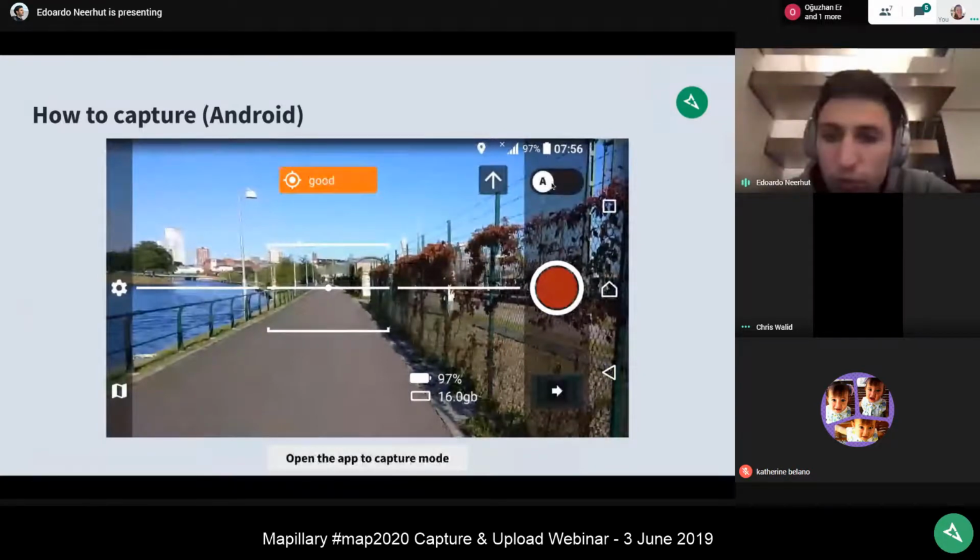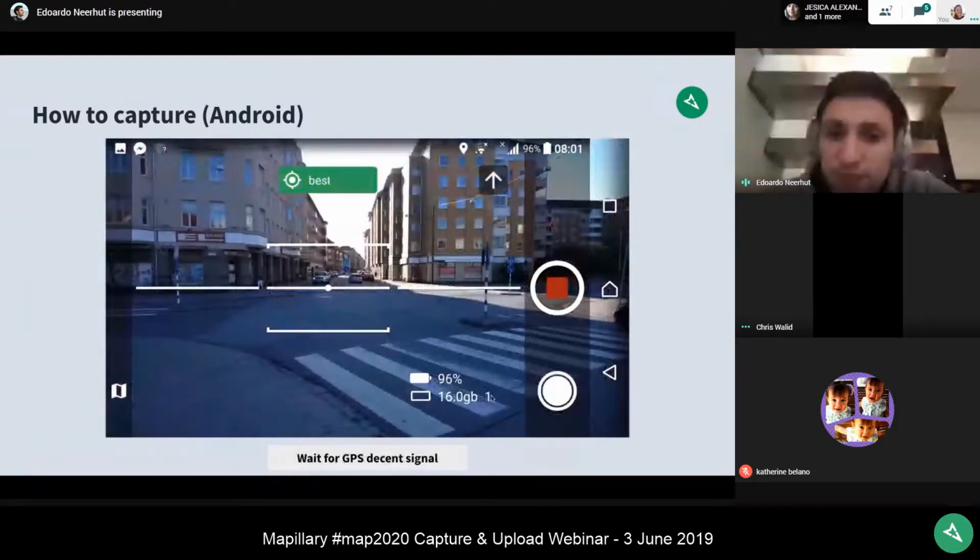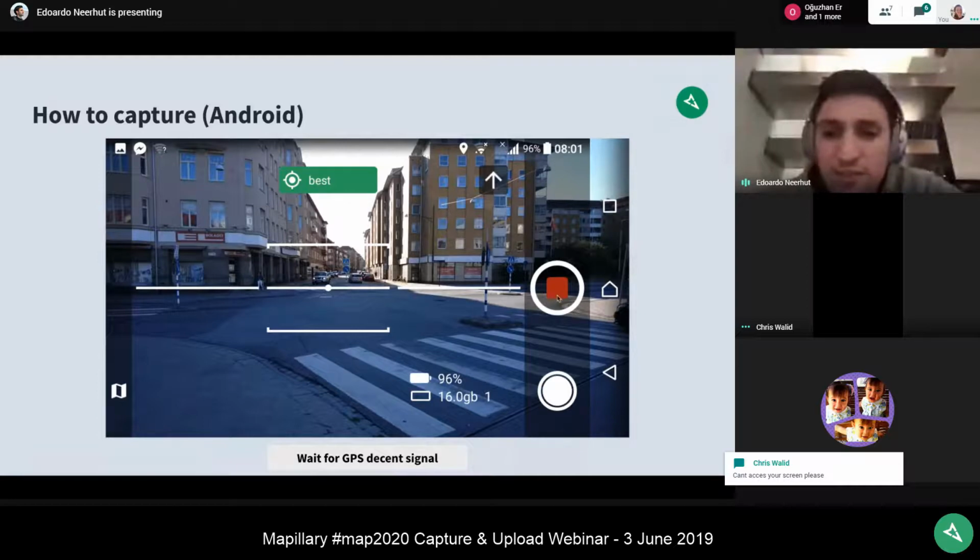And you see here, it's in automatic mode here, and then here it's in manual mode. I think almost all of you will want to use automatic mode. And what that means is that when you walk, it's going to take photos at intervals and you won't need to press anything. You just press the red button to start. But once you've done that, the app will take photos automatically as you move, and you'll see the counter increasing here. And you can even change the settings to tell it to take photos every half a second or every 2 seconds. It really comes down to you and how much imagery you're able to collect. But very easy to download the app, get this capture window open, and then start walking around the street.